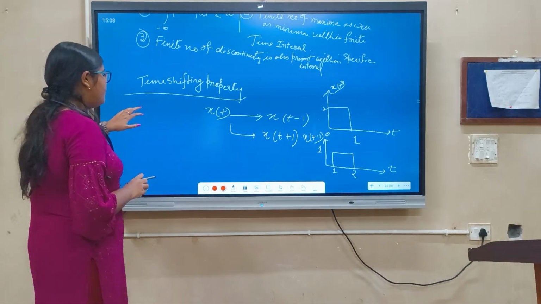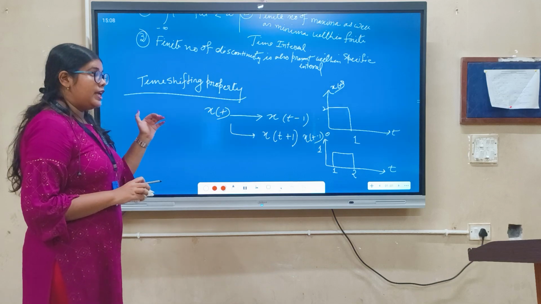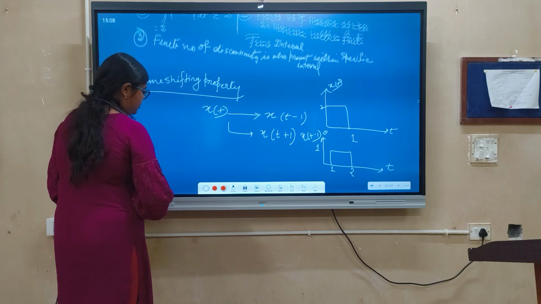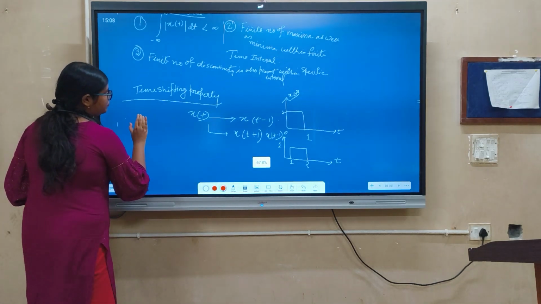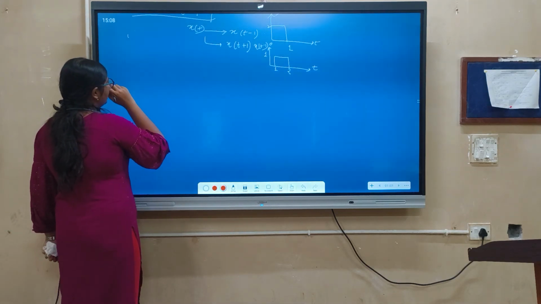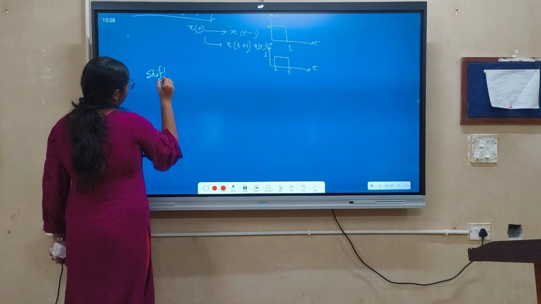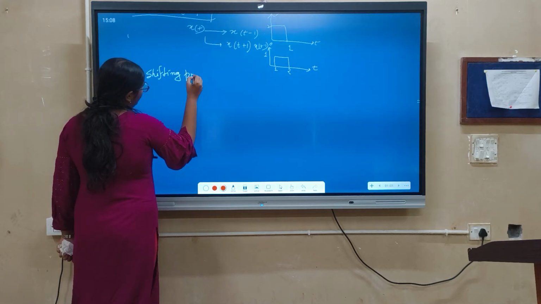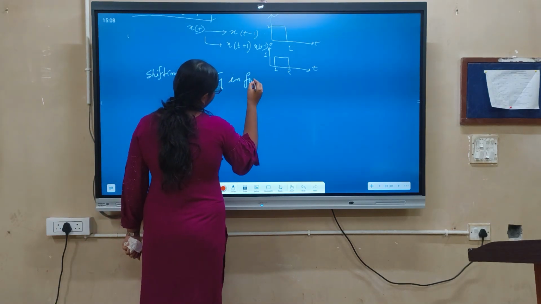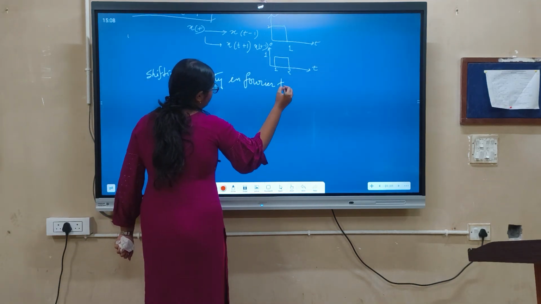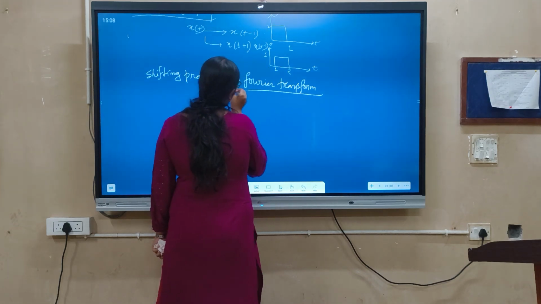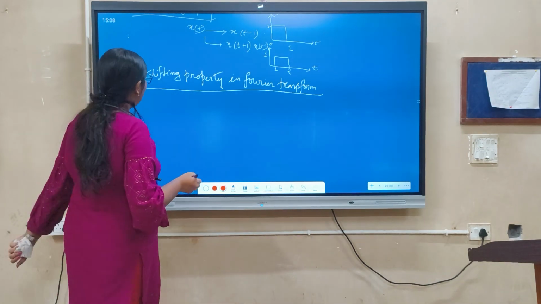And when we are talking about the time shifting property in terms of Fourier transform, we have to check it first. Right? Shifting property of Fourier transform. So we all know that